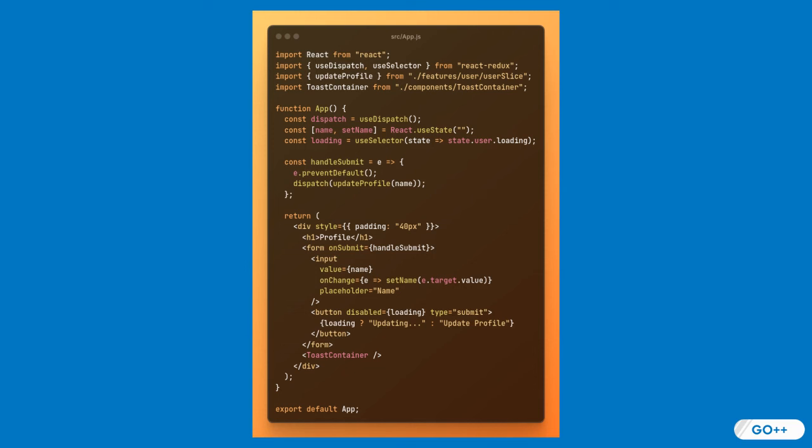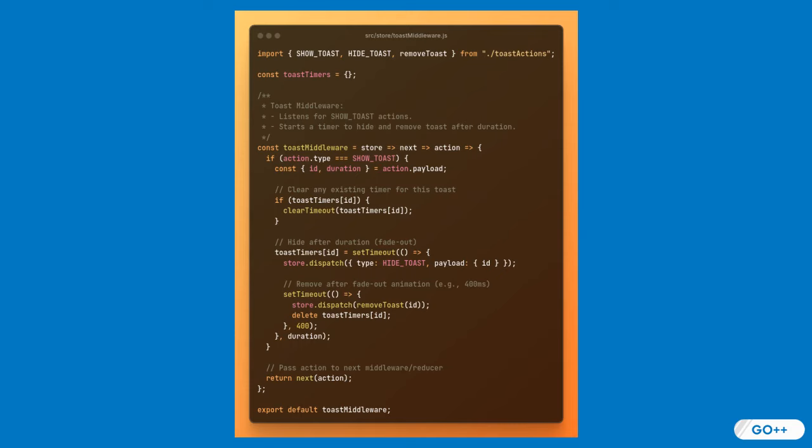demands of tomorrow's applications. This is the main application file that brings together the Redux store, the notification middleware, and the UI for updating user profiles and triggering toast notifications. It demonstrates how the toasts are triggered and displayed in the app. This is the Redux middleware responsible for managing the lifecycle of toast notifications. It listens for actions to show toasts, manages timeouts to hide and remove them, and ensures each toast is appropriately